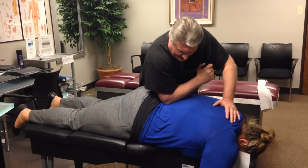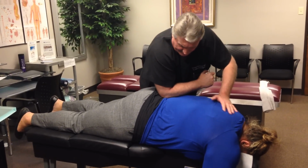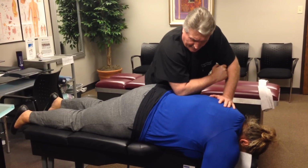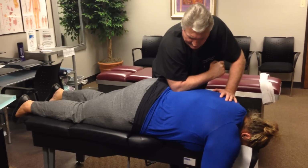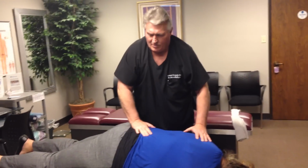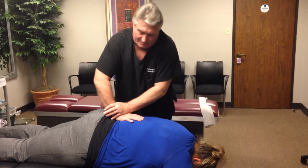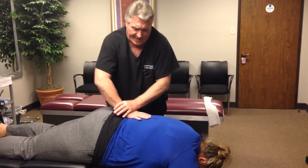So I get that elbow planted right in the knots or the trigger points that develop right to the side of the spine, which are the paraspinal muscles, which, by the way, are 4 layers deep from the skull all the way down to the sacrum. You have to really go in rhythm with the patient's breathing and push extra deep and hard when they exhale. Really work with them. Now she's got some compensatory tightness up in the thoracolumbar region here. The L5-S1 disc is the actual one on the MRI that shows the 10 millimeter disc herniation. But she's not showing a significant amount of spinal canal stenosis, so we're able to do these P to A adjustments in the Z-axis without